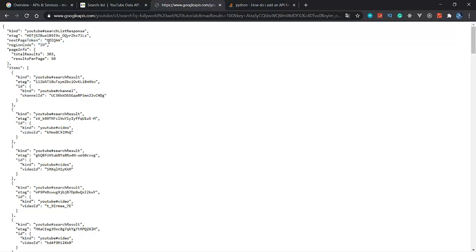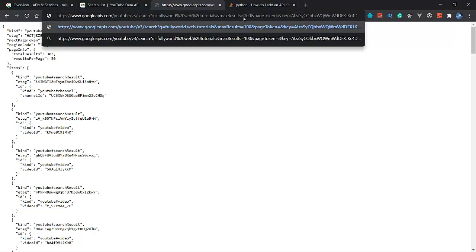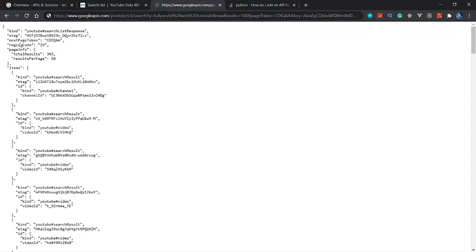So we are getting our page token in the results only. When I paste this page token, we are now in our second page, with 50 results per page. This is our previous page token and this is our next page token, which you can use with the help of pagination.